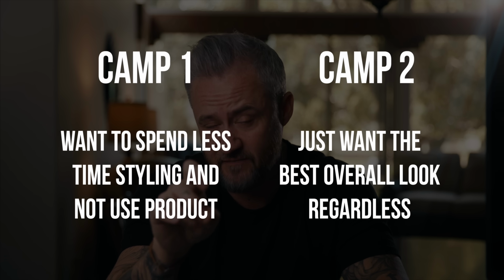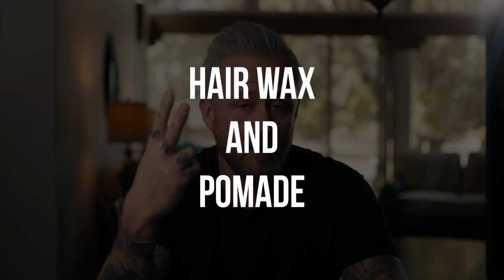When I say specific product, I'm speaking of waxes and pomades. Some of you are probably going to be saying, well, let's back up here a second. Why didn't you say a volumizer? And the reason I didn't say volumizer specific is because when we're talking about hairstyles as short as pixie cuts, if the shape is cut into the hair and you style it, meaning you dry it the way that I was just showing you, non-directional,